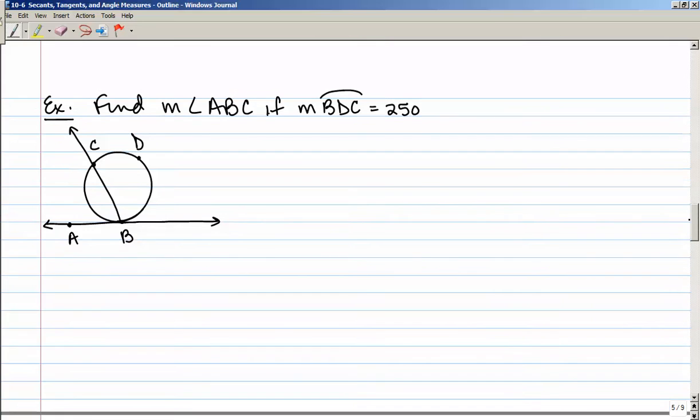Let's take a look at an example. Find the measure of angle ABC if arc BDC is 250. So I know that this arc over here is 250 degrees, but what I really need to know is what the other arc is. What's the measure of arc BC? Well, the measure of arc BC,